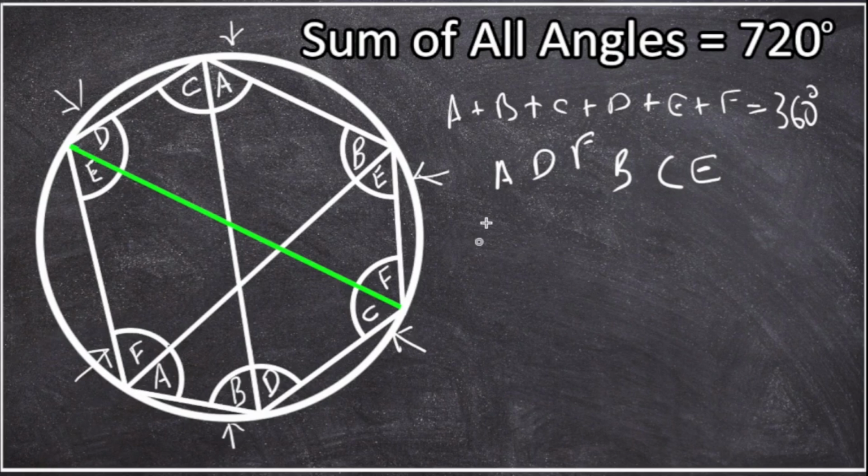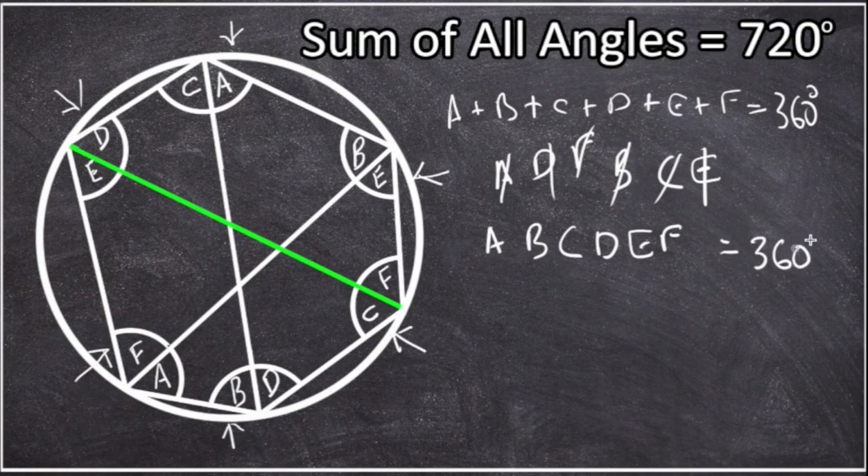But what are these angles? We have A and B and C and D and E and F, which means the alternate angles are A, B, C, D, E and F. So clearly the sum of the alternate angles equals 360 degrees, which is exactly what we were trying to show